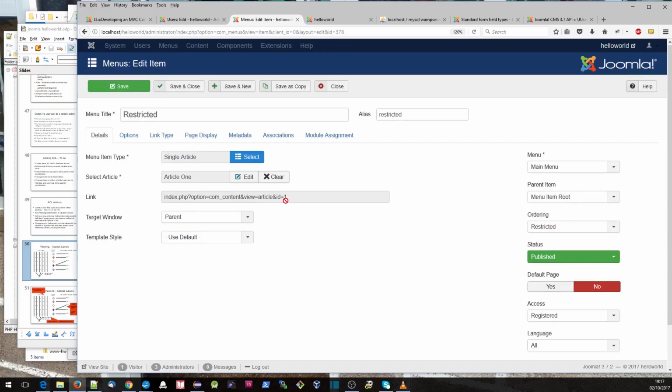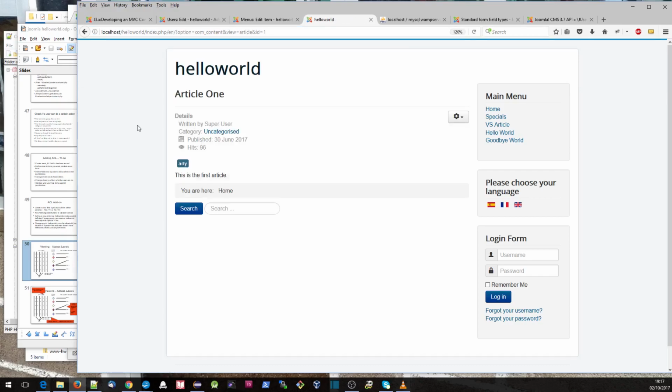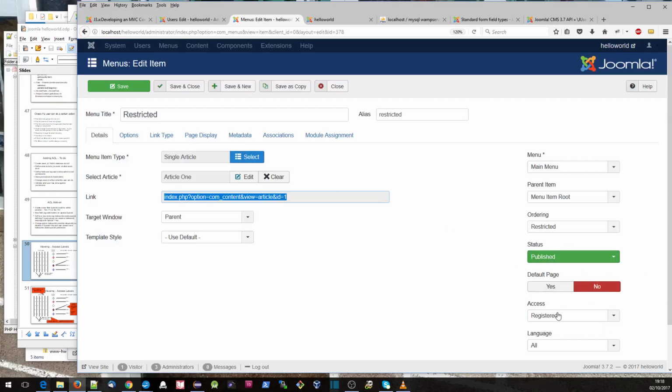If I get this form of it and do a copy and paste here, you'll see that this user, who isn't logged on, still has access to this article. Now if we look at the menu article, we've still got registered on our menu item. However, we took registered off our article, and